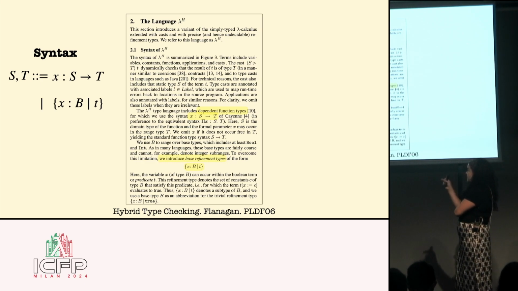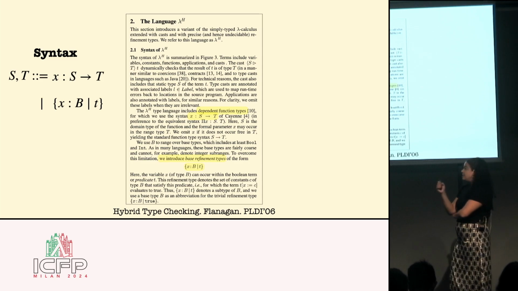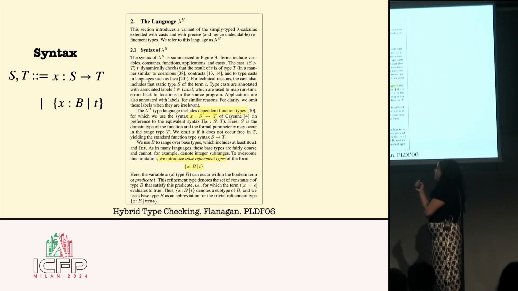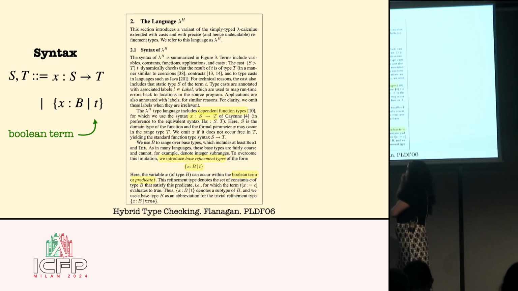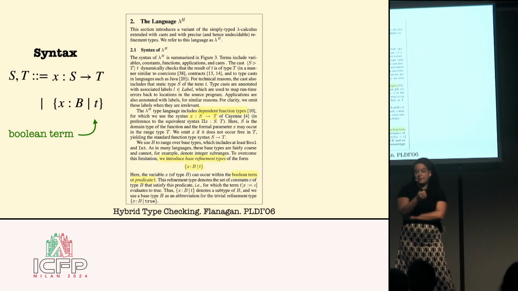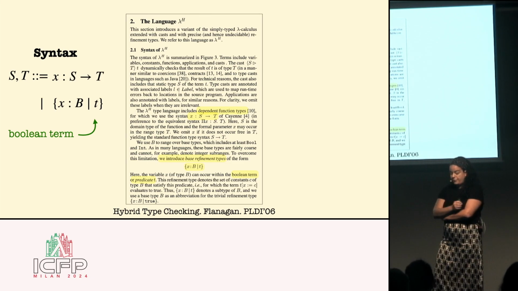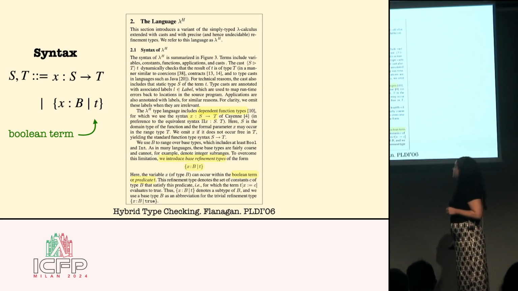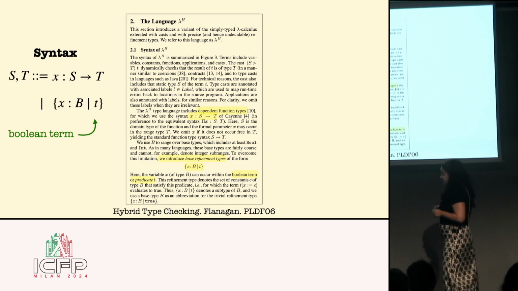Of the form subset type, you have x that describes a value of base type b, and then this x is refined by a predicate t, and like in this hybrid type checking, it says that this t is any Boolean term of your language. Okay, so this is exactly the syntax we use up to now, and in the PLDI paper, Flanagan had some meta theory,